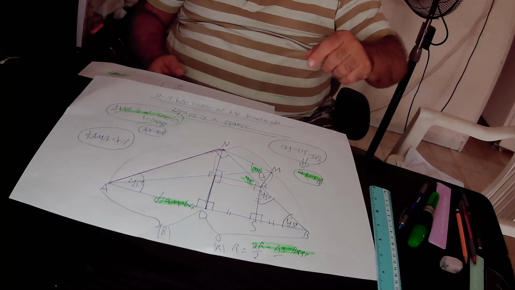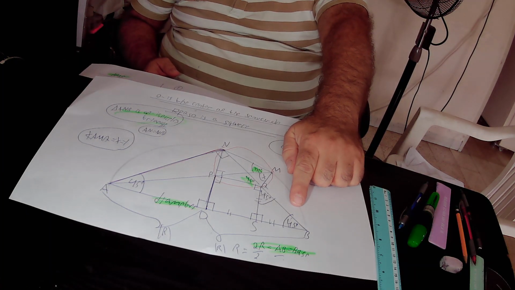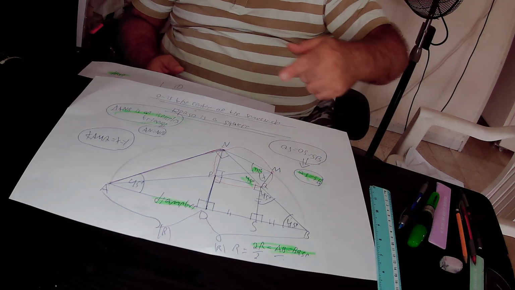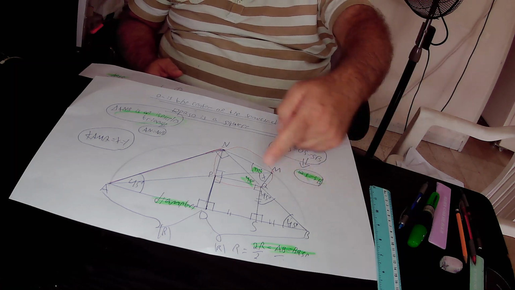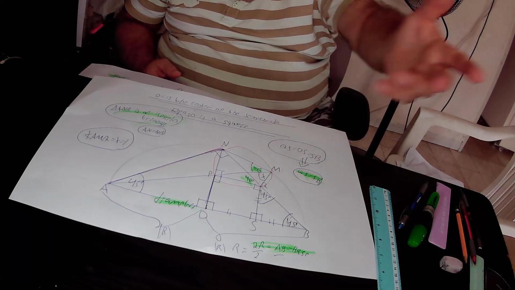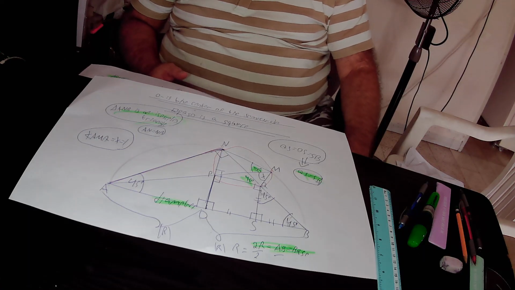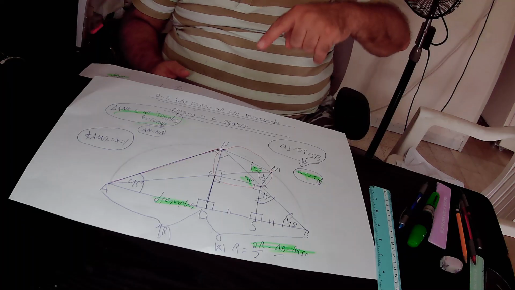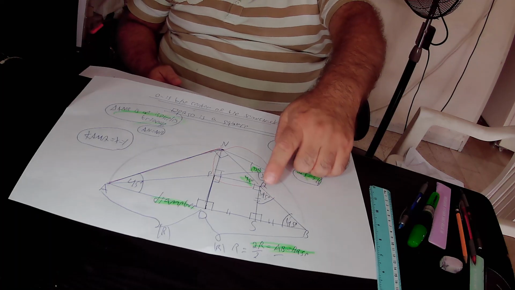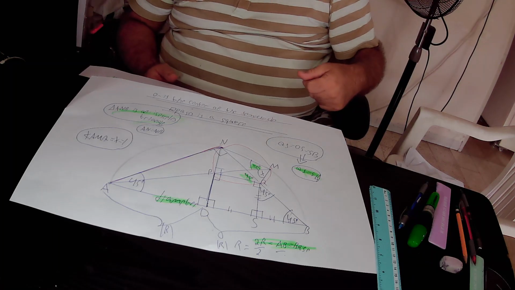We know that we join points B and Q together by a straight line, then we extended the straight line BQ by a straight line, and the result is BN. When you extend a straight line by a straight line, the result BN must also be a straight line. So BN is a straight line. If you focus on the left side of the straight line BN at point Q, the sum of the angles must be equal to 180 degrees according to rule 3. Rule 3 says that the sum of the angles on one side of a straight line is equal to 180 degrees. So which angles do we have on the left side of the straight line BN at point Q? We have 45 degrees plus 90 degrees plus the missing angle NQP,